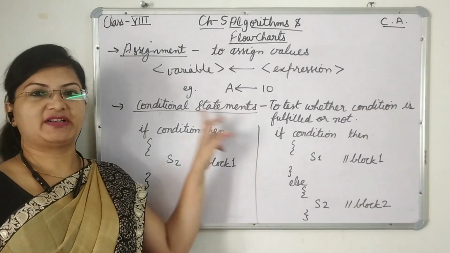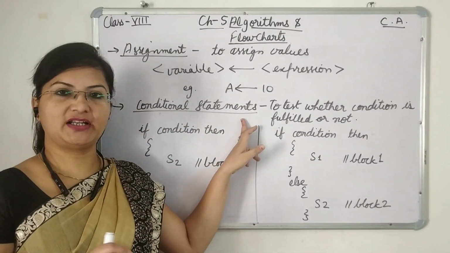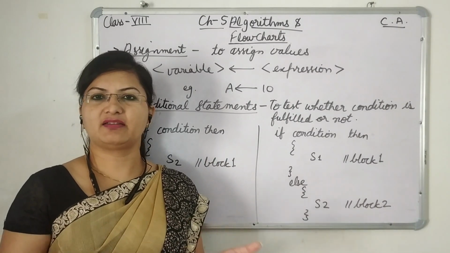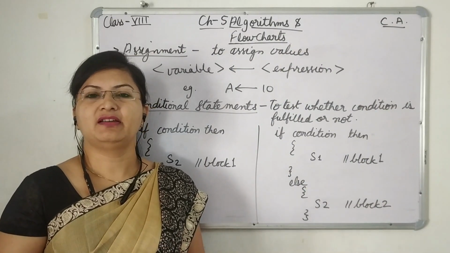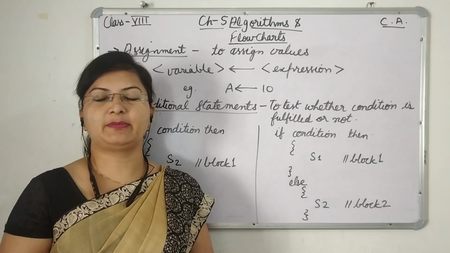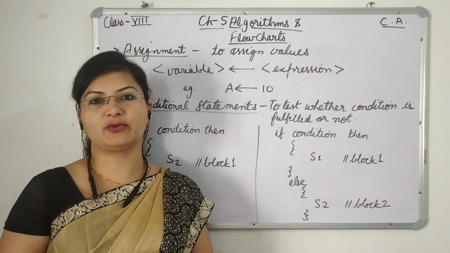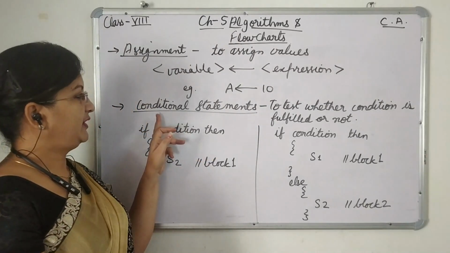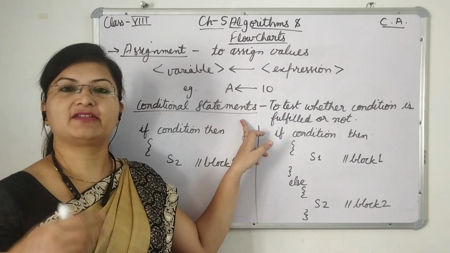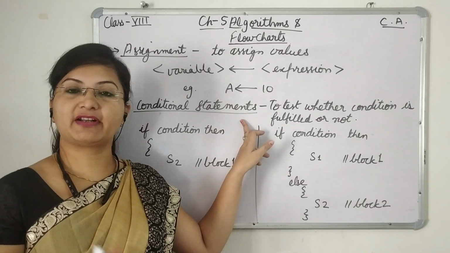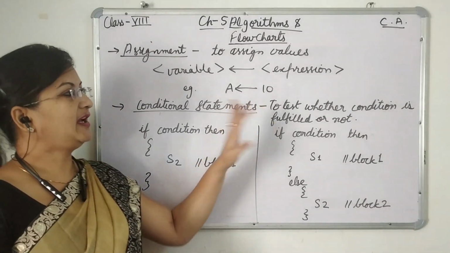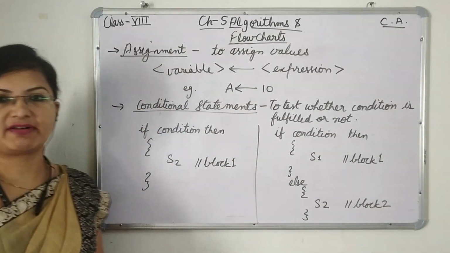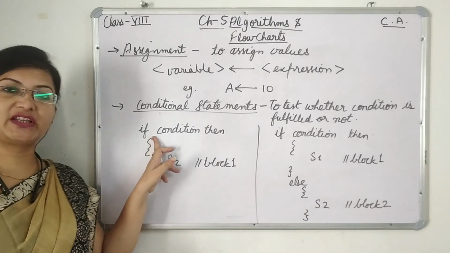Now conditional statement. This is the third step. If we want a condition in our program, like if we have to add two numbers only, then we don't need any condition. Simply we can add two numbers. We can take two variables, and then after that we will assign two values to those variables, and then we will add them. So here, if conditions are there, like finding the largest of three numbers, there we had a condition. So if we have to check whether the condition is fulfilled or not, according to that we will write the statement. So here it will start with if.